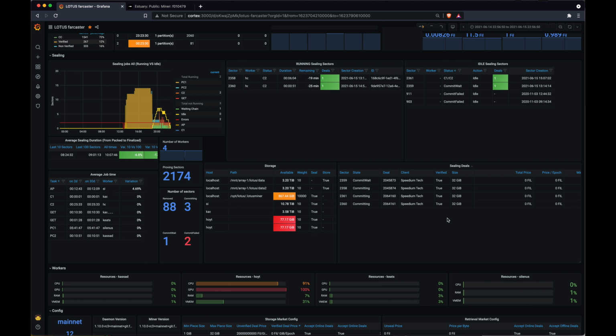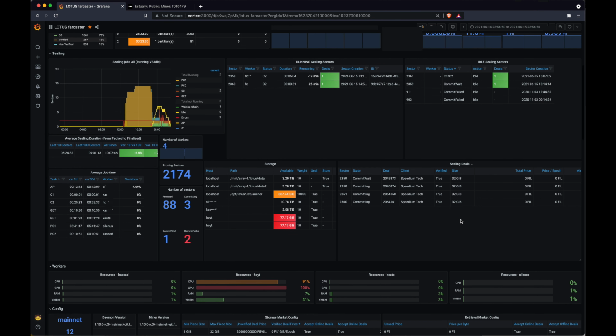Before continuing with the workers, just a few explanations about this. These are the deals that are actually in the sealing state. So you can find the information related to the sector they are attached to. Here the first two are here. This is 2359. This one is in commit wait, and so on. You can see which client is sending this to you. So instead of seeing an address, you see a friendly name again. You can see that it's verified deals, what is the size of the deals, and different information related to the deal.